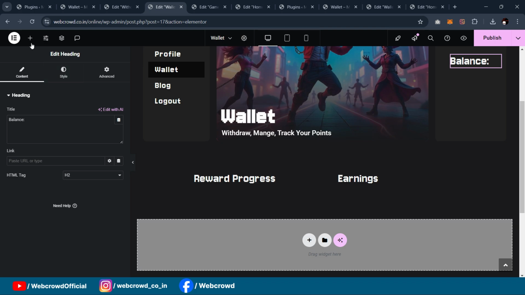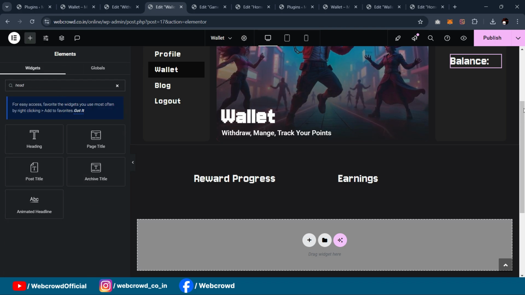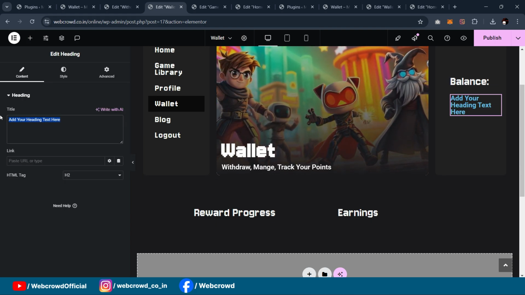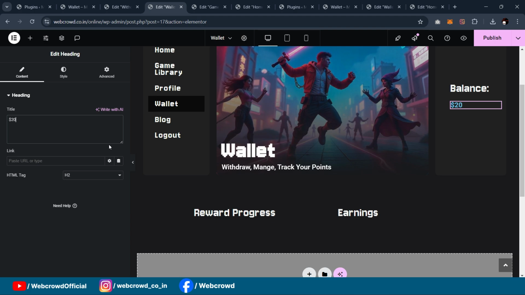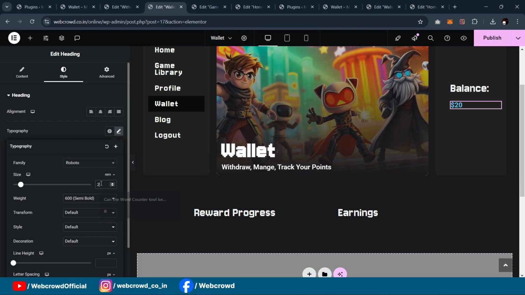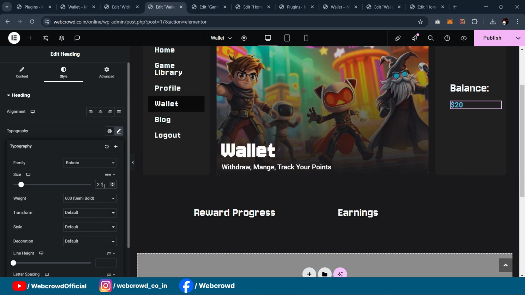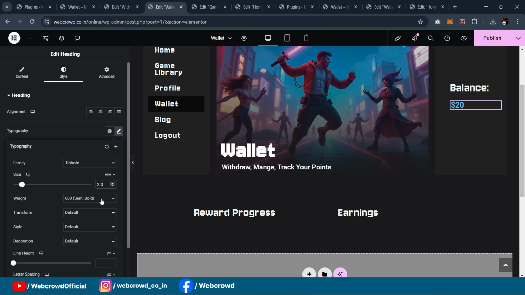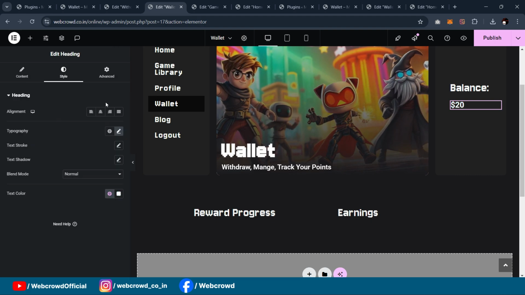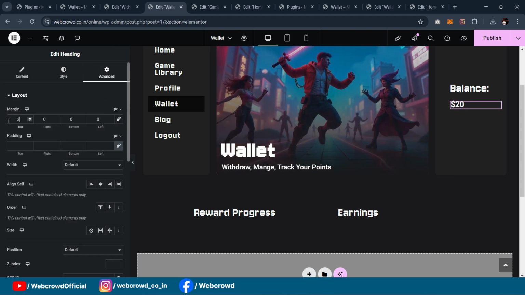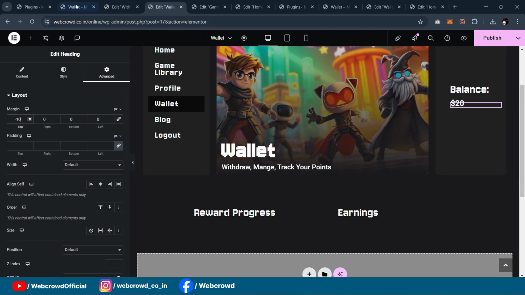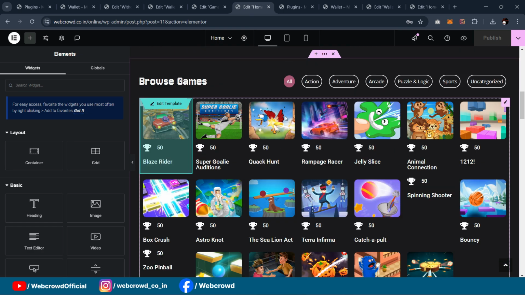So I will simply add the heading, paste here. For now I will keep it as $20. Let's style this text, change it to rem, make it 2, and increase its size a little bit. You can make it bold, change its color to white, also reduce the margin from the top. That's it. We have a button just below it, so I will go to home, copy any button from here,